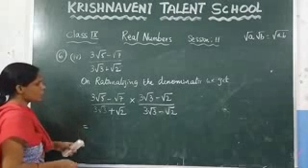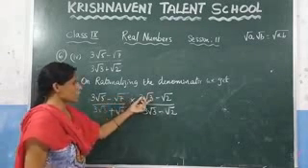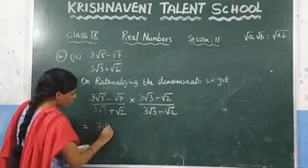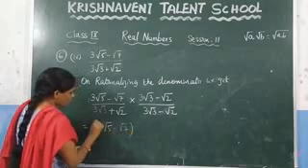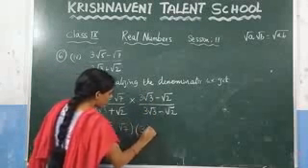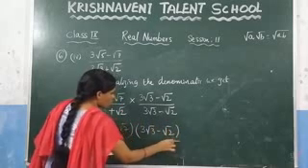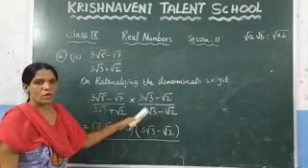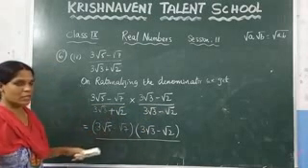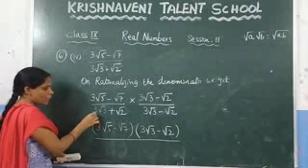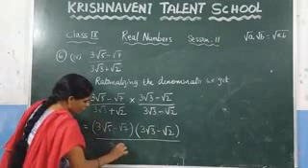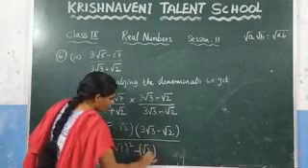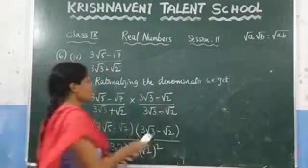Now see here, in the numerator here, this expression and this expression are different. So here, write as it is. So what is there here? 3 root 5 minus root 7 into, by which number you need to multiply, 3 root 3 minus root 2. Now see the denominator. It is in the form of a plus b into a minus b. What is the formula for a plus b into a minus b, which is a square minus b square? What is the value of a here? 3 root 3. So write it here 3 root 3 whole square minus b square. What is the value of b here? Root 2. Root 2 whole square. Now we need to solve this one.